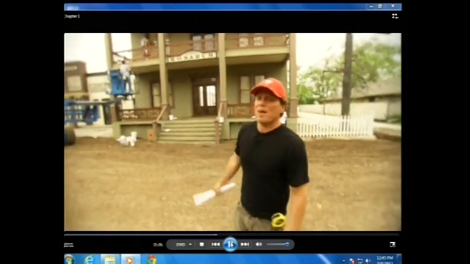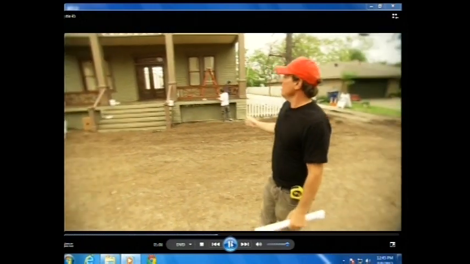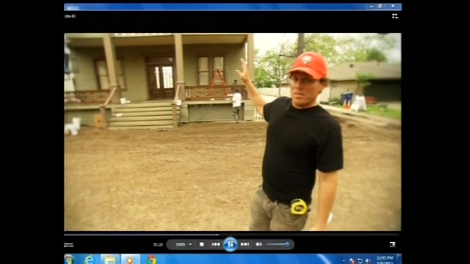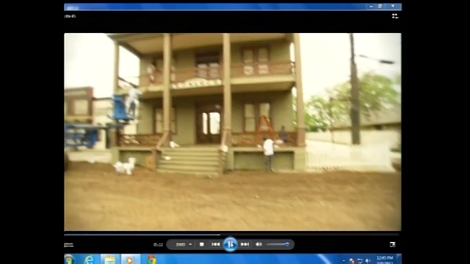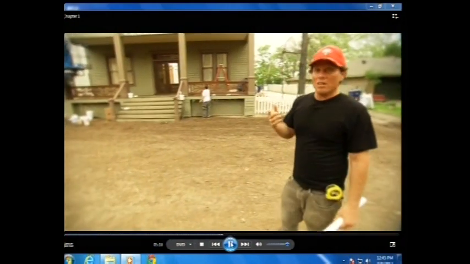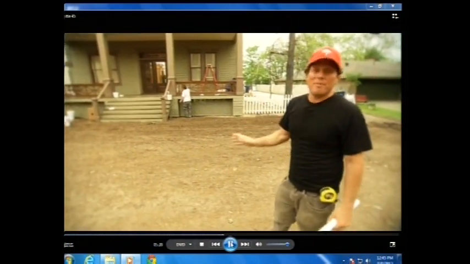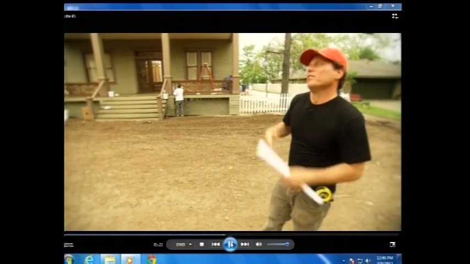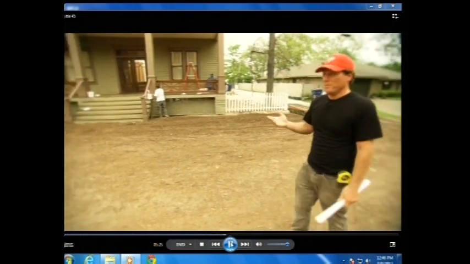So this is the boarding house in the movie, which is a fake facade that we stuck in here, and these talented painters are aging it right now. Even though it's probably fairly new in the movie, we need to age everything down so it looks good on film. No fresh paint job ever looks good on a movie, especially for a Western, even though it's probably supposed to be new.